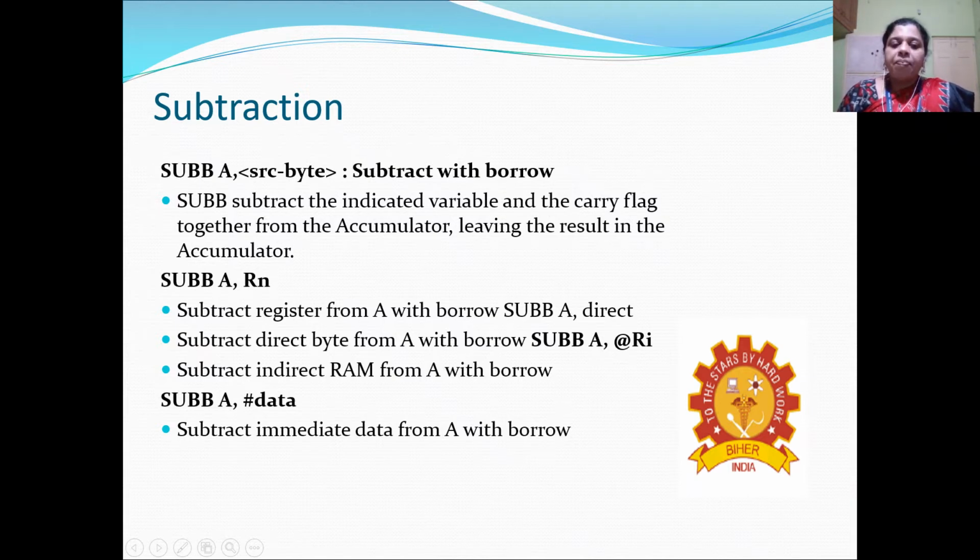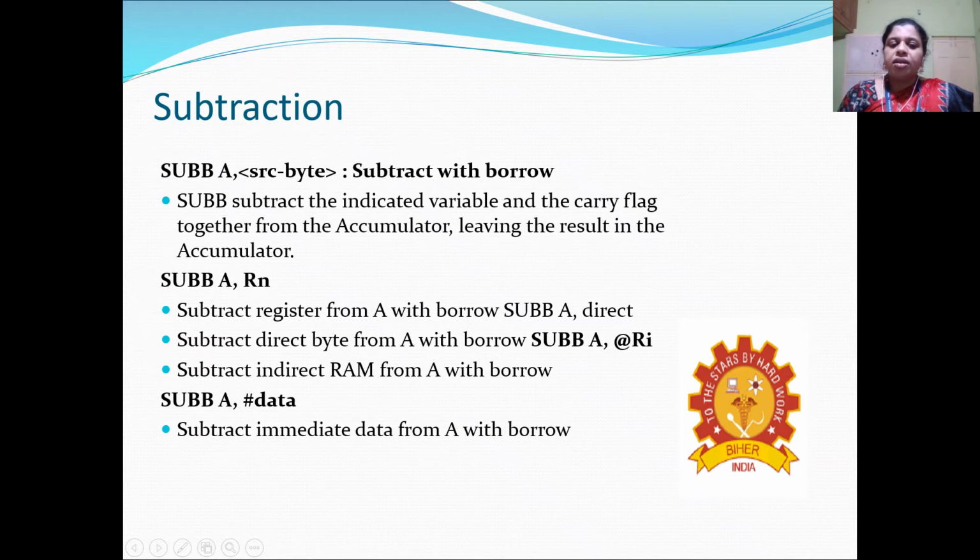Here it subtracts the indicated variable and the carry flag together from the accumulator, and the result will be stored in the accumulator. And the next instruction, SUBB A, Rn.